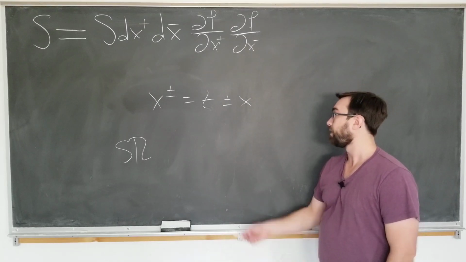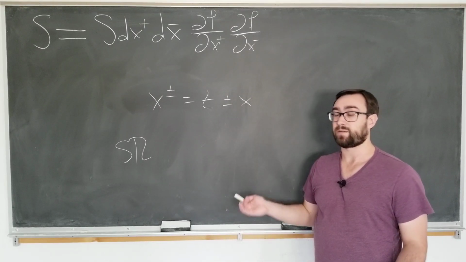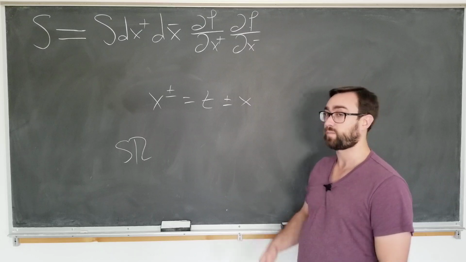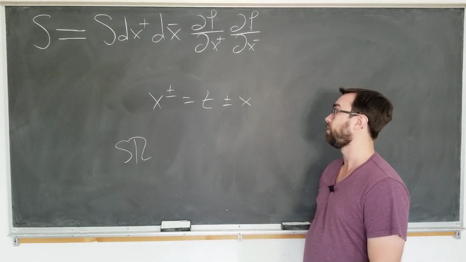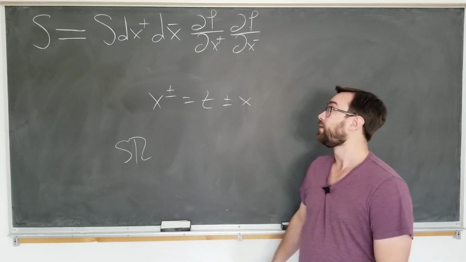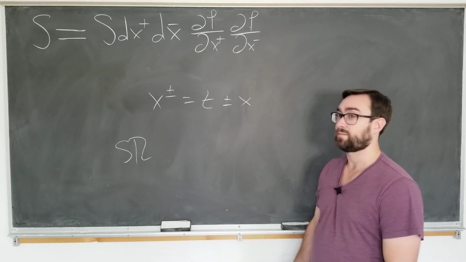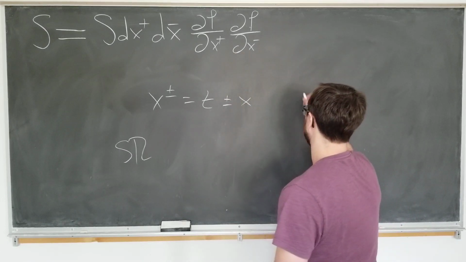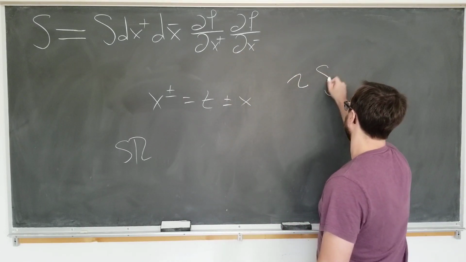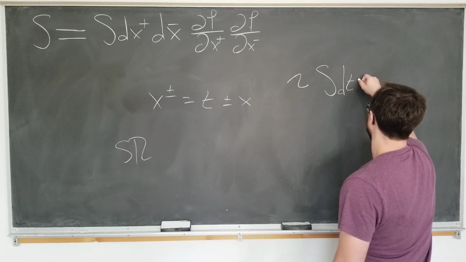And because we have a t and an x together, this is going to be useful for special relativity, and you can also find actions like this to be useful in string theory as well. This is probably one of the most simple actions available. In particular, this one is proportional to a more familiar action. This one,